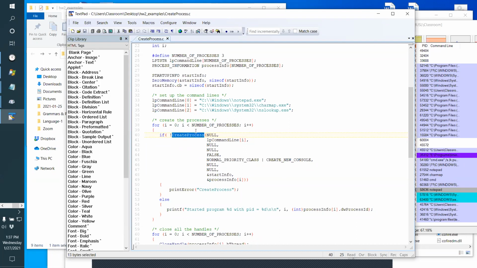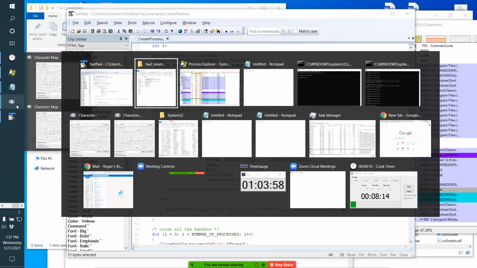The create process function is a C function, but it's not from the C programming language. It's from the Windows operating system. For example, this function does not exist in Linux. Linux has a different function for creating processes. It's called fork. So the fork function in Linux creates processes. The create process function in Windows creates processes. If you want to learn about the create process function,